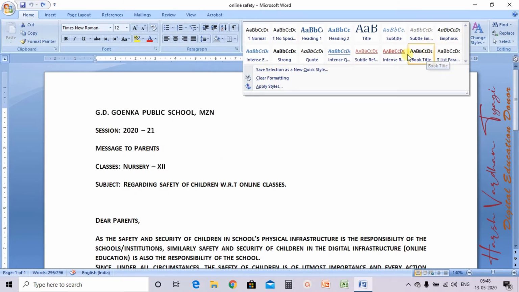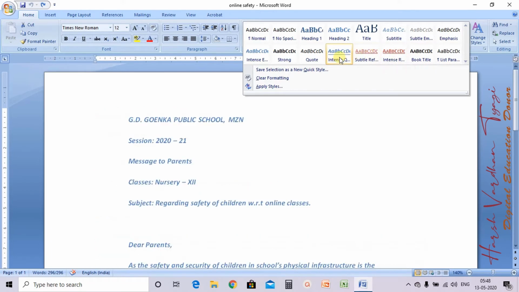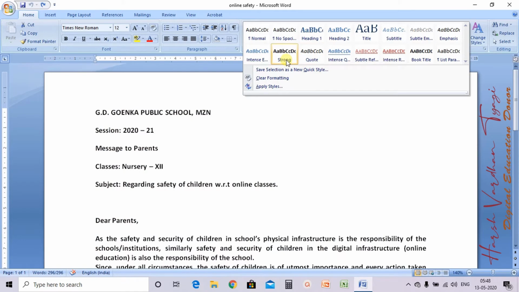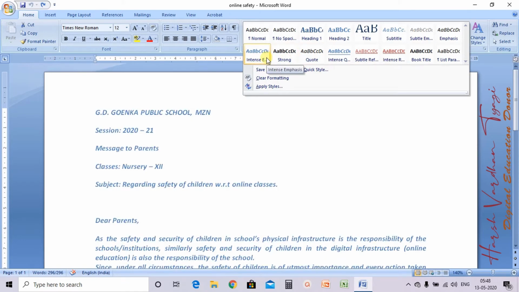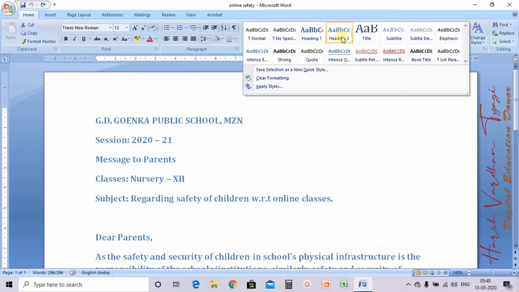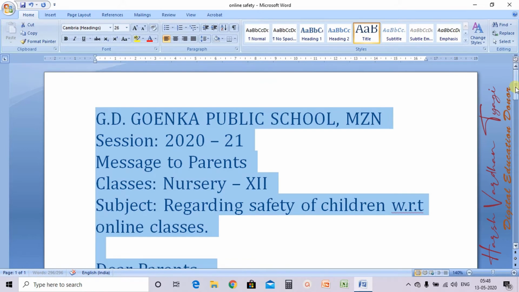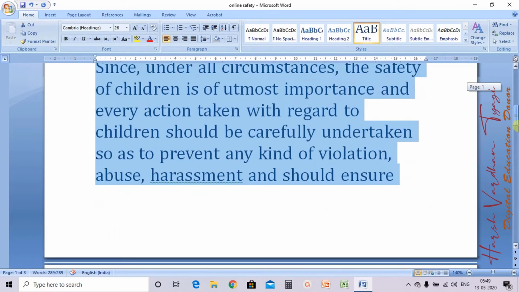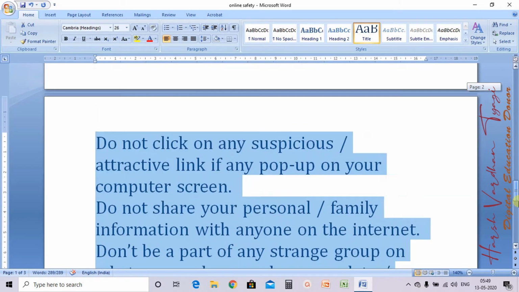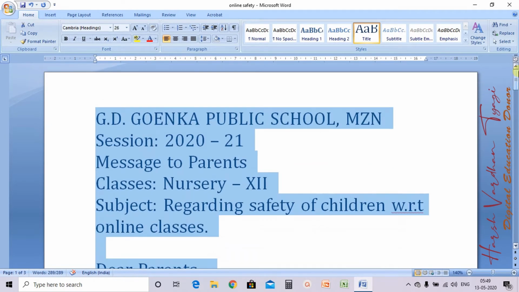Paragraph, making it a book title, then color, everything is changing as you see here. Suppose I have chosen this one, Title. It will change my text to appear in an emphasized way.